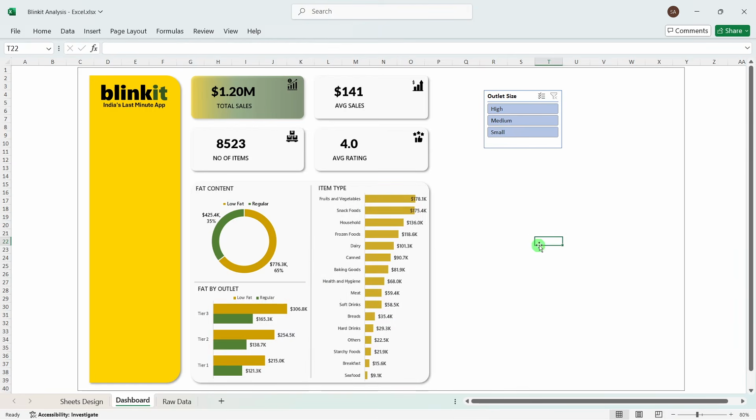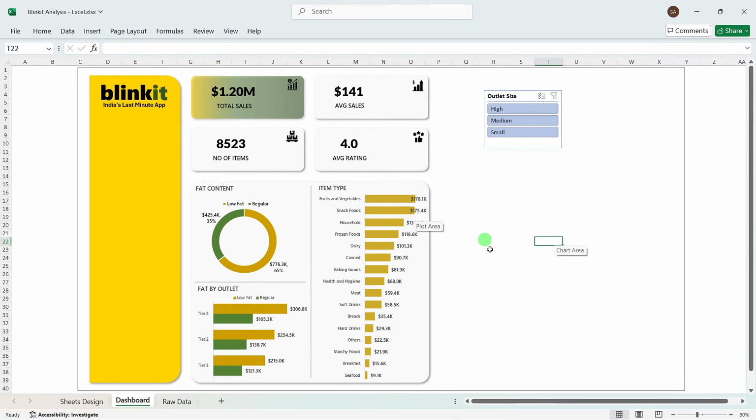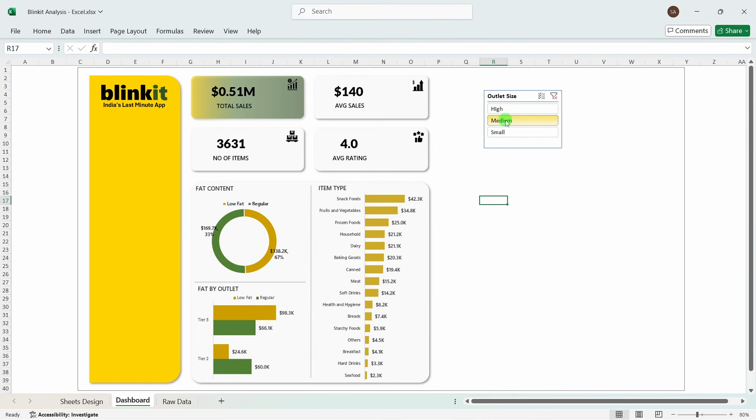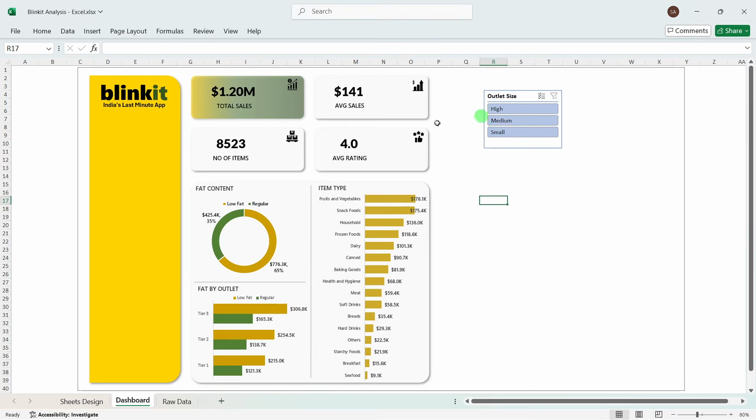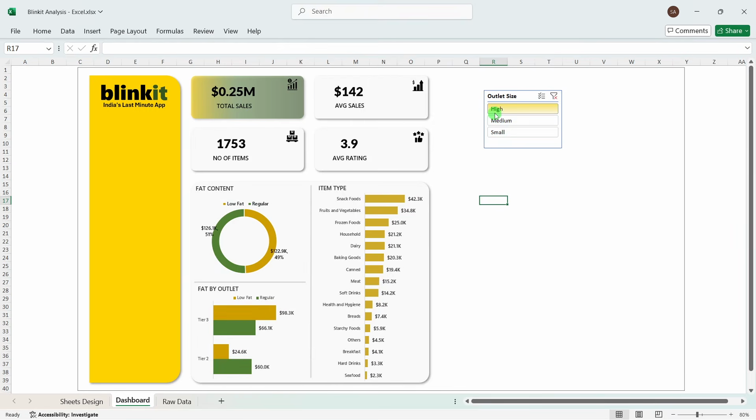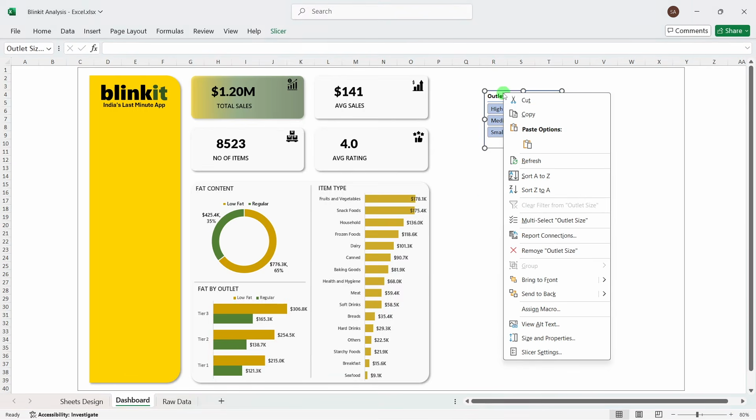All right, so the same which we have done over here, right? So this is our fat content, item type and the fat by outlet. So these are the problem statements which we resolved or created. One thing you might have noticed over here, when I change this, you can see all the values are changing. In case you find that the values are not changing by high, medium and all, just check one thing: you have to right click on the slicer, go to slicer settings, or